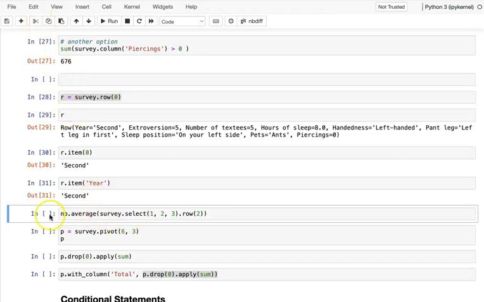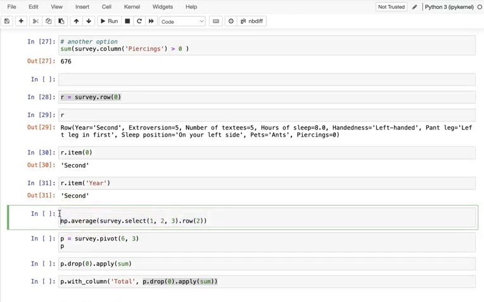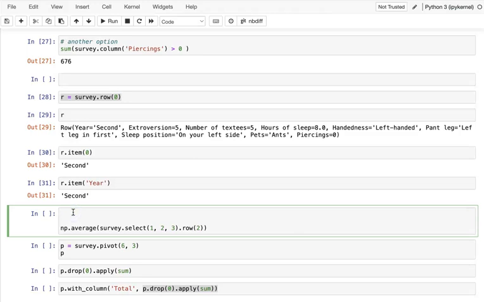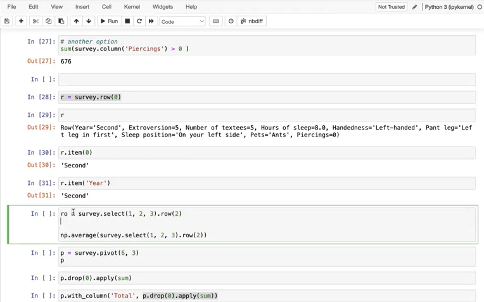And we can also do this with the survey. This one you got the select, so that's why you got the first 1, 2, 3 columns on that. Then from here you can get the row. We display